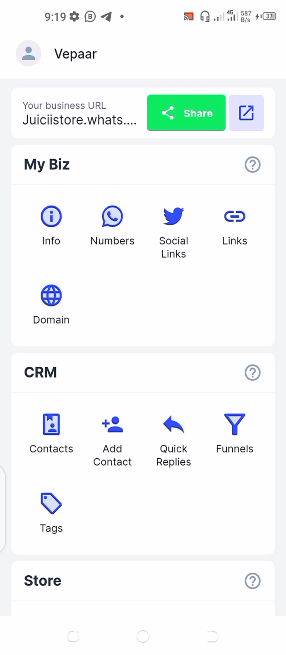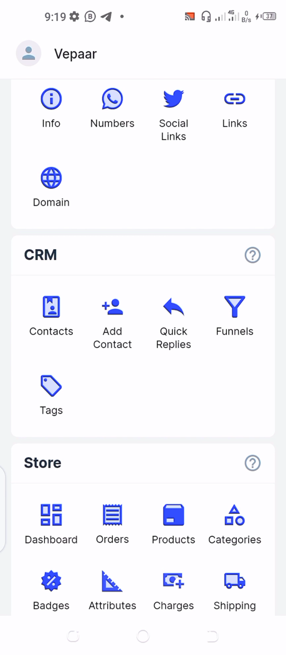And if you have a domain name, you can actually link the domain name to that of your VPAR, so that it shows like a website and not the juicystore.wat something. All right, now contacts are the contacts that